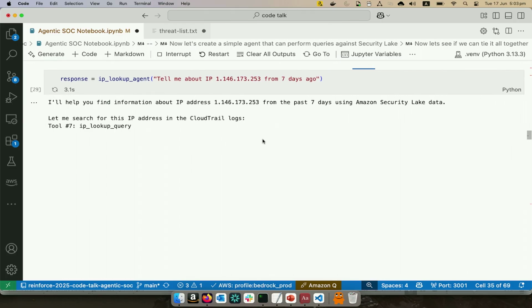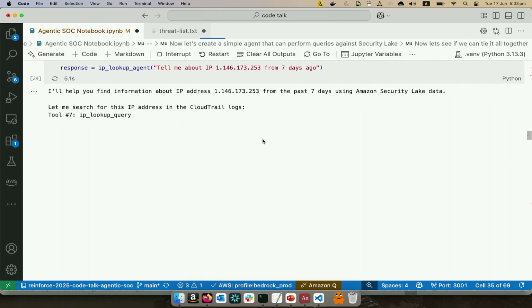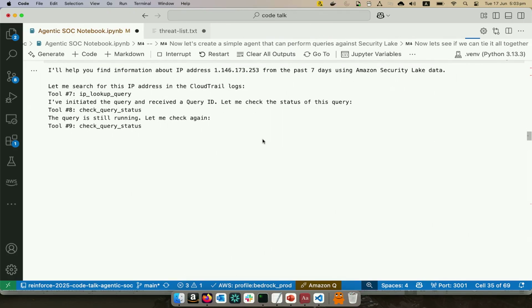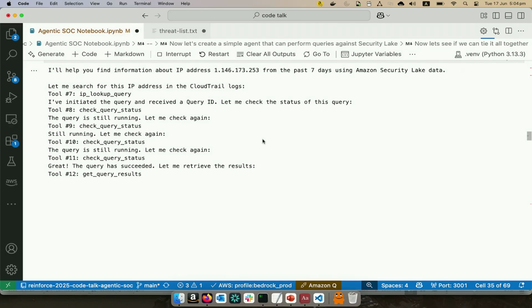Right, so it's now going to try and use that tool. Roll the dice. Yes, okay. So it's now saying, I've initiated the query, I've received a query ID. Fantastic, let me check the status. Let me check it again. It's not ready, let me check it. And it just keeps going until